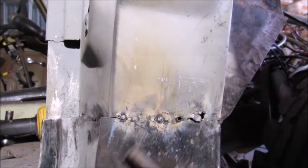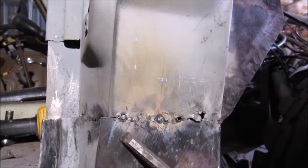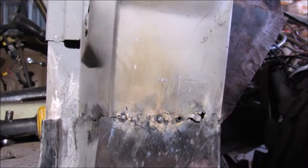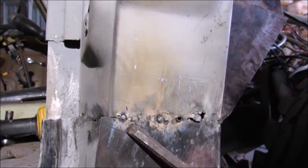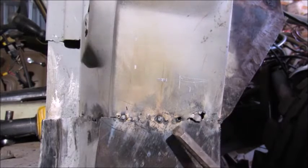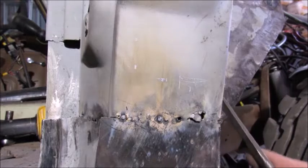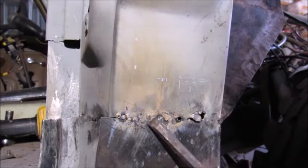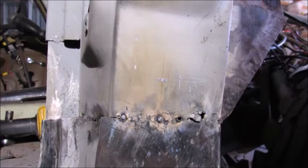So with a closer up shot, you can see these little BBs here. This is what is called splatter. It's just because of the flux core wire. You don't get that when you use gas wire. At least I didn't. It's a little bit more cleanup, but it's just as good of a weld as if